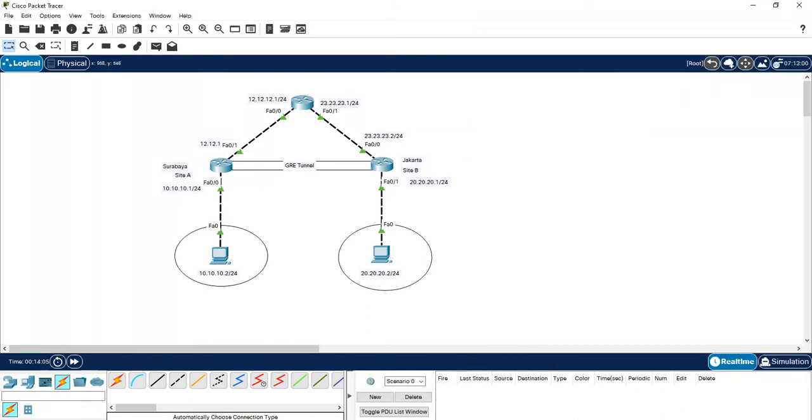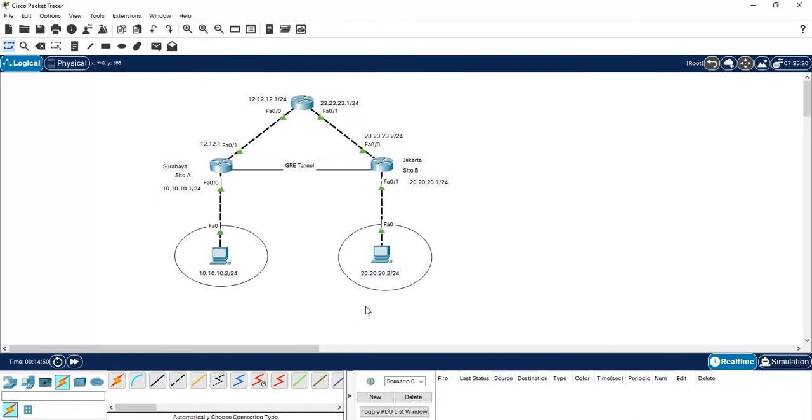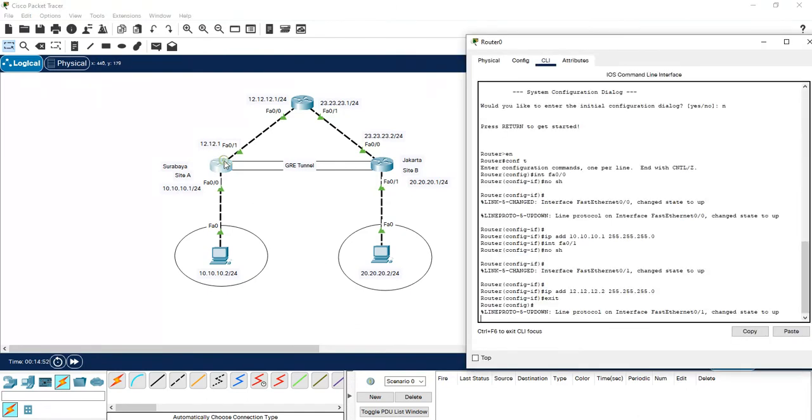Now make sure the two branch routers can communicate with each other with their public IPs. Set the default route on the Jakarta router and the Surabaya router.